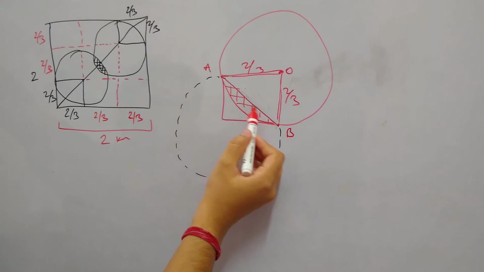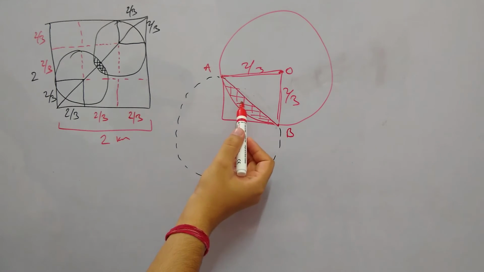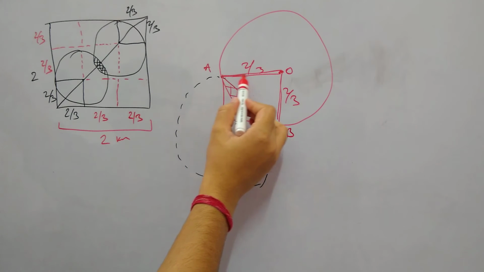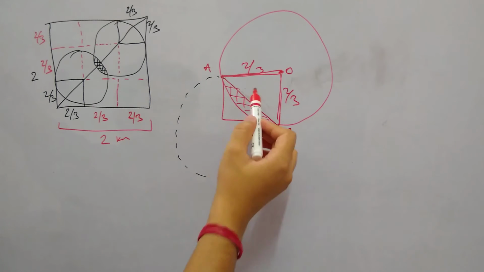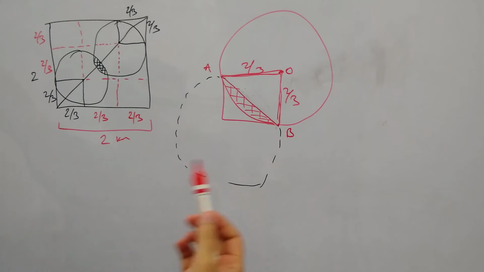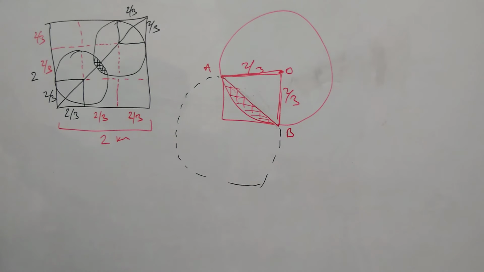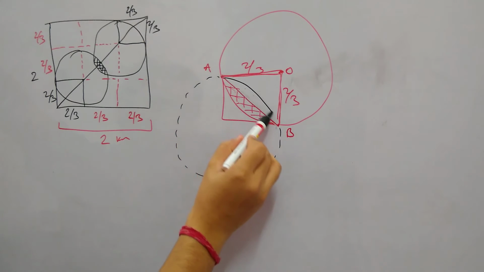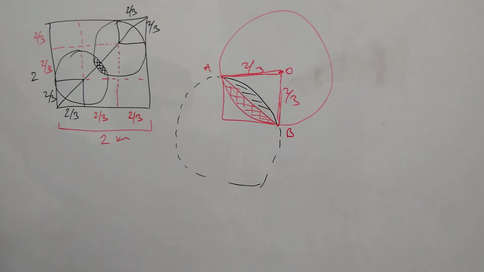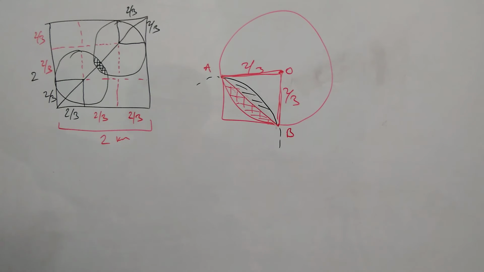this shaded region is the segment of the circle. To know the area of the segment of the circle, we can easily find the area of this sector of the circle, and if we subtract the area of this triangle, then we'll get the area of the segment. Once we get the area of the segment of the shaded region, if we multiply that by 2, we will get the other area as well, which is of the second circle. So the next step is to find the area of this segment, and we have to multiply that by 2 to get the entire area. That will be our answer.